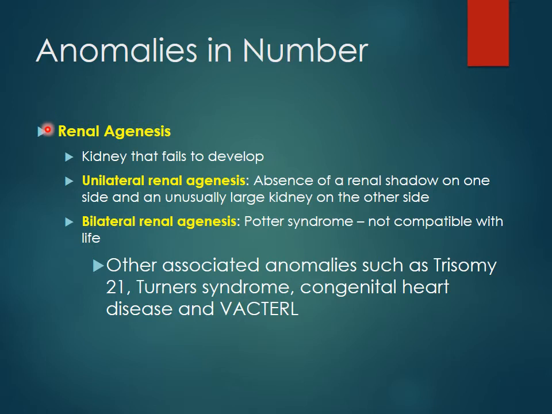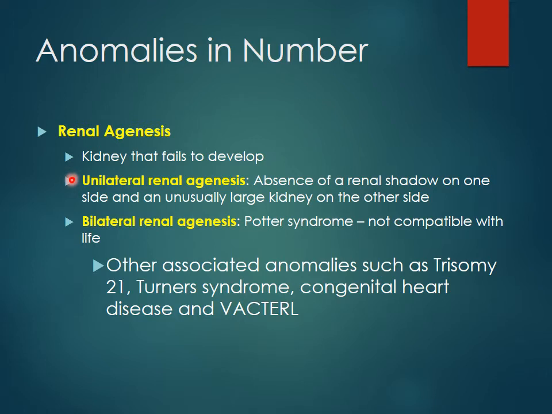Renal agenesis is defined as a kidney that had failed to develop. There are two subtypes for renal agenesis, the unilateral and the bilateral. Unilateral renal agenesis is compatible with life, and usually patients with this condition are asymptomatic. By imaging, there would be the absence of a renal shadow on one side with an unusually large kidney on